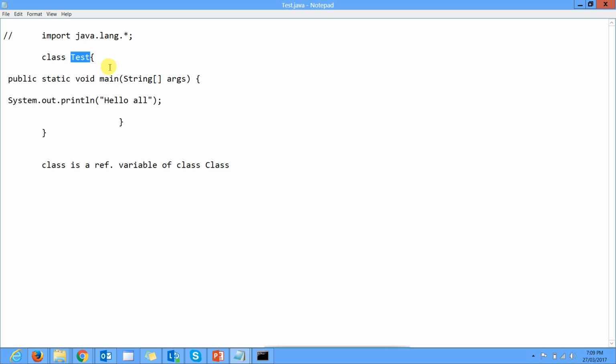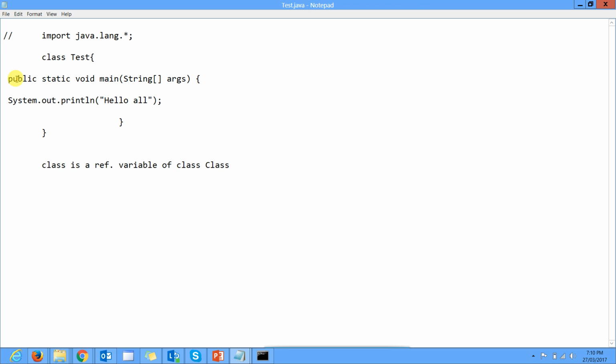Then scope start, because Java says all things must be inside the class. Then after the scope start, public static void main, that's our main method, which is the main execution point of your program. Public is the access specifier, or you can say access modifier, that publicly anyone can access it.